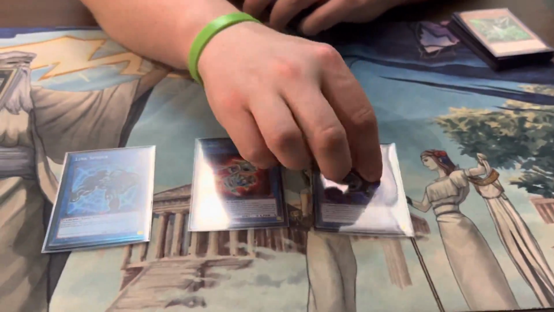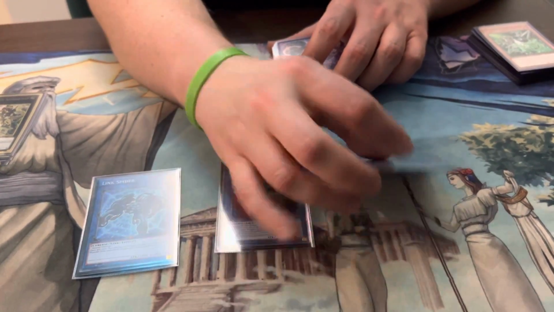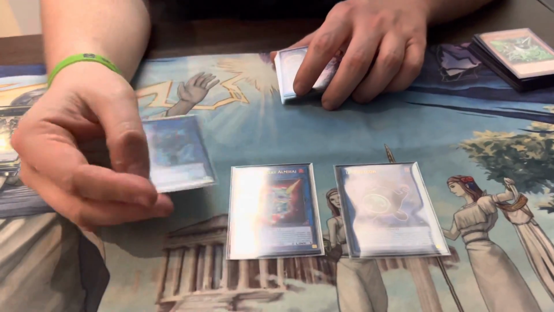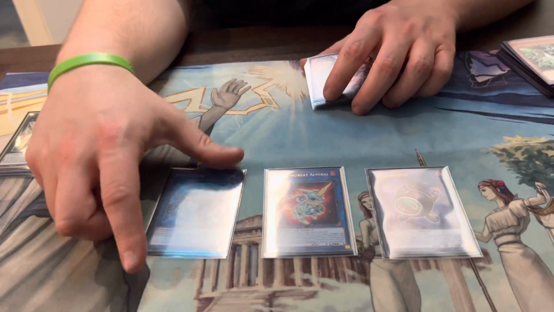So Link Griever is probably the best one. Helps you to go into back row decks a lot more. The arrow is just really useful, as well as Parallel Exceed, and a lot of people just don't respect it. Amraj, if you have hand trap, and then Link Spider, if you get Nibbed, it still allows you to have full combo, because you can